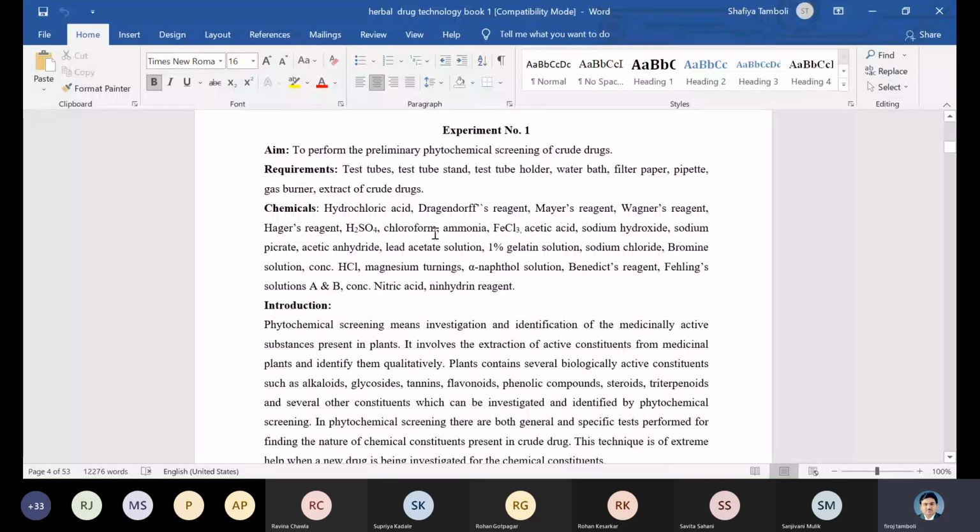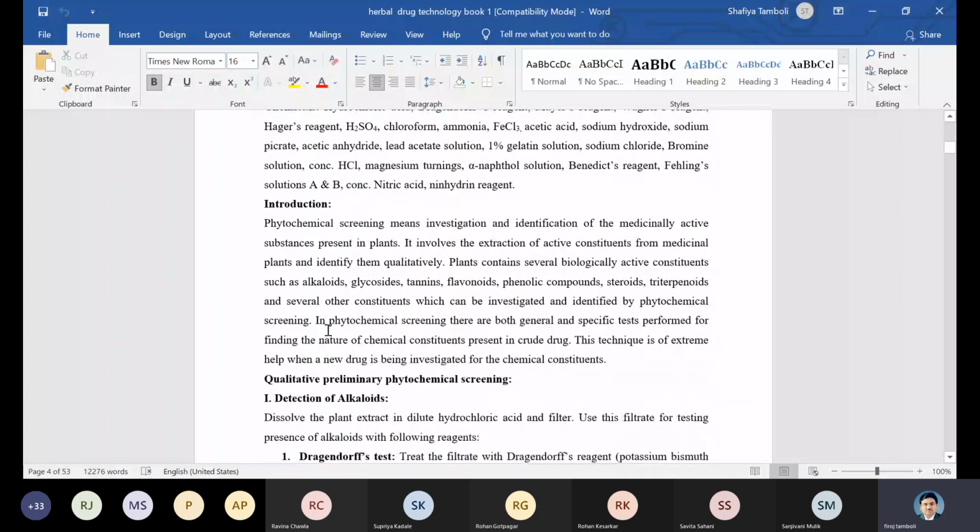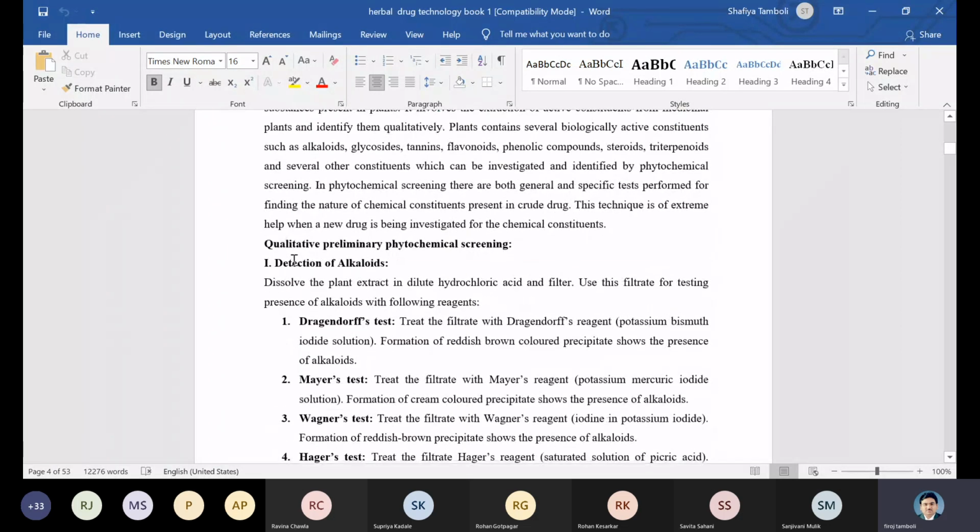That is hydrochloric acid, then Dragendorff's reagent, Mayer's reagent, Wagner's reagent, Hager's reagent, H2SO4, 1% gelatin solution, sodium chloride, bromine solution, concentrated HCl, magnesium turnings, alpha naphthol solution, Benedict's reagent, Fehling's reagents A and B, concentrated nitric acid, nitrogen reagents. In the introduction, whatever I explained, you write again in your own language in the intro part. Then come to the qualitative